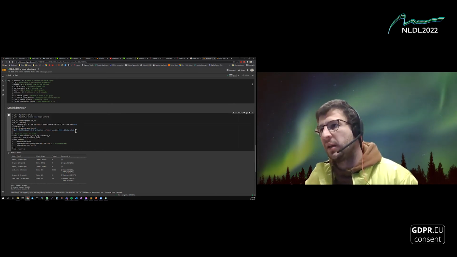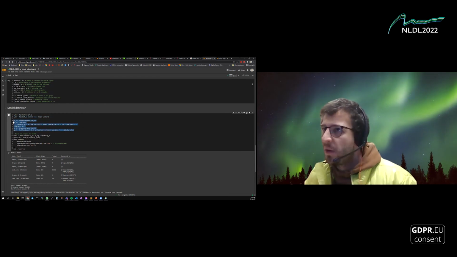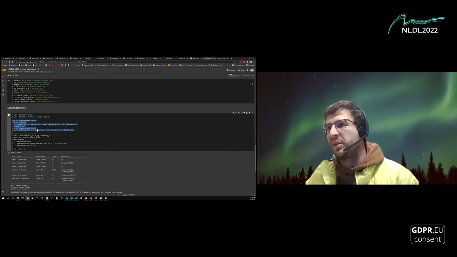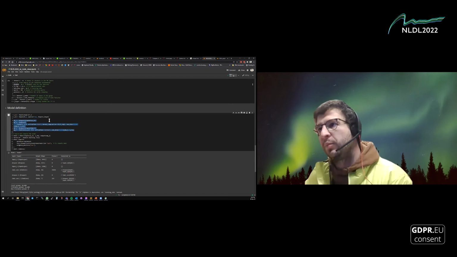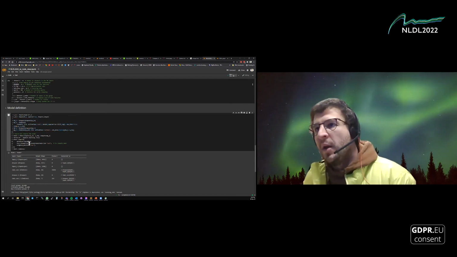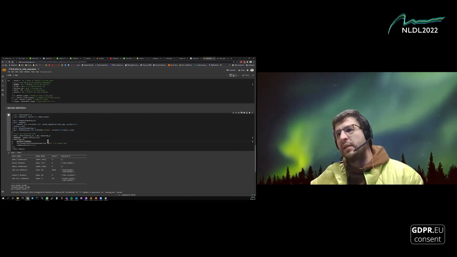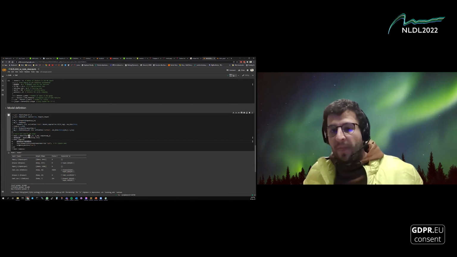Okay, so you see that that's basically all our model specification. Actually, it's all our model specification. So very, very compact, very simple to do. It's basically like stacking Lego bricks. Then this code is basically what it does. It basically compiles the model. Okay, so we specify what are